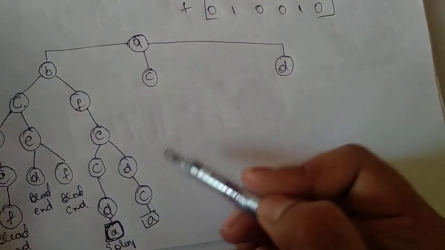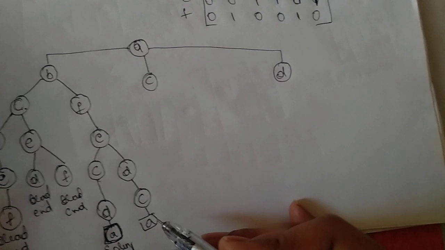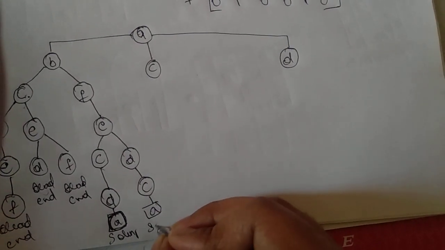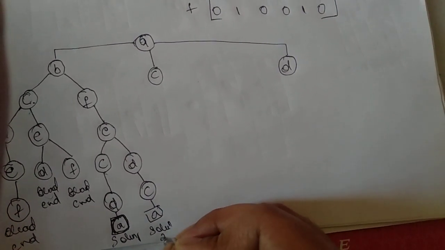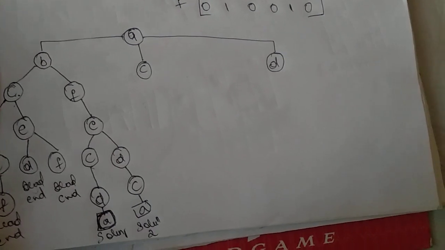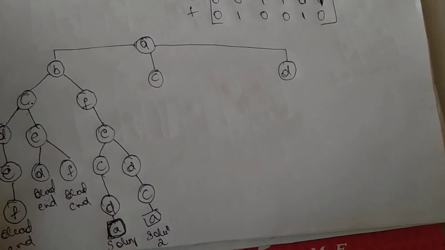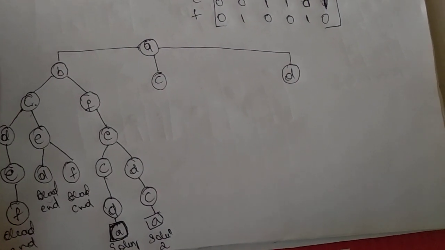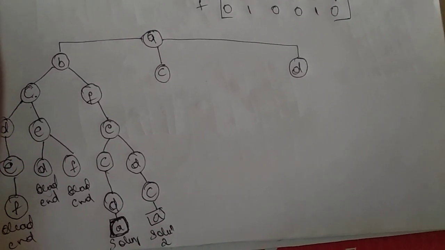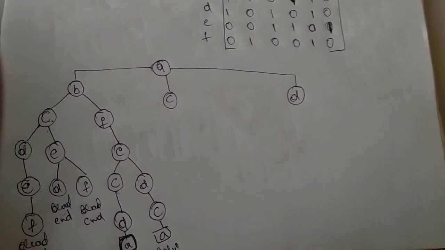See, A, B, C, D, E, F. All the vertices are present and I can go back to A. This is one more solution. This is solution 2. Okay. From A to B, B to F, if you come, there are 2 Hamiltonian cycles. Then one more thing we'll check.